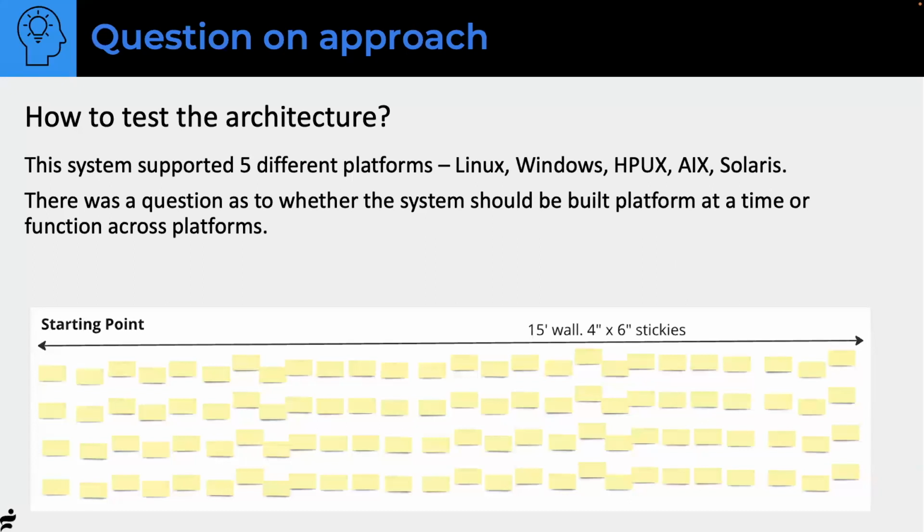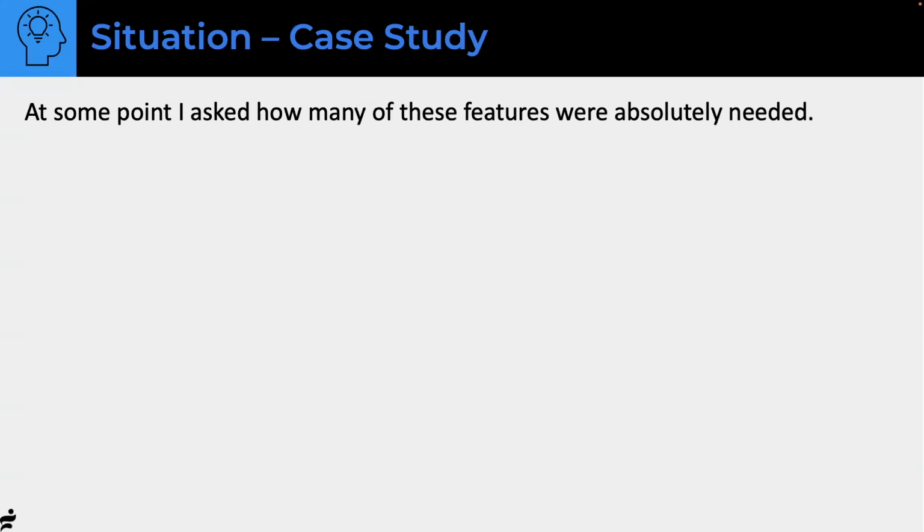But what I really wanted to do was give them a smaller problem. In other words, why work on 11 months of work? Was there a subset? Because the answer wasn't clear, I asked them how many of these features were absolutely needed, because they were sure they were. In fact, they said all of them. Now, I didn't believe this for a second, but you don't tell a client, I don't believe you. That doesn't go over too well.